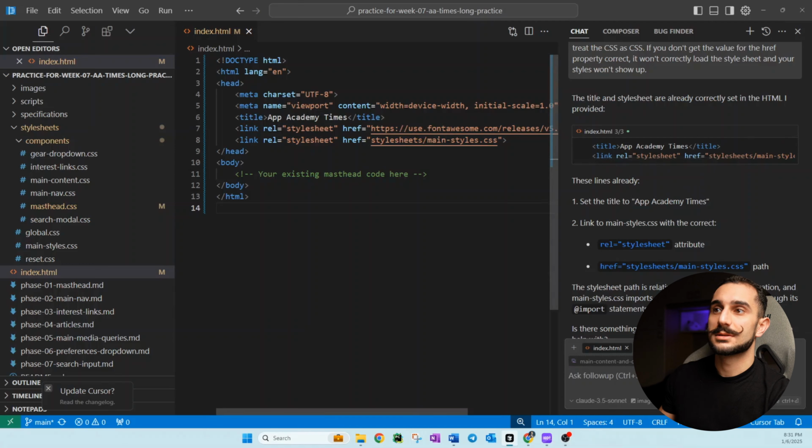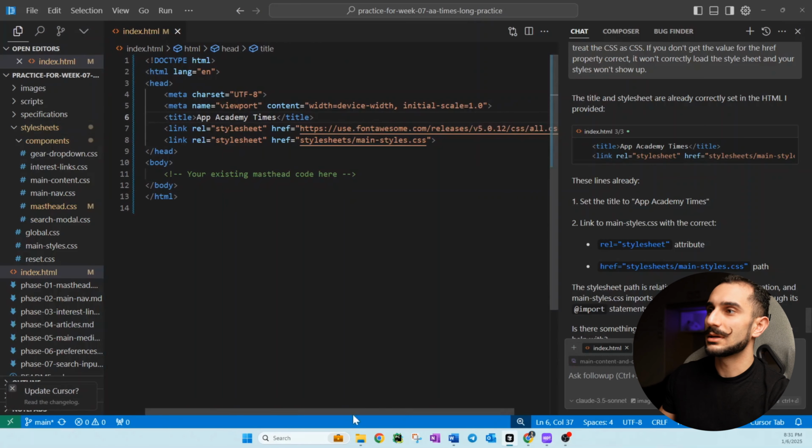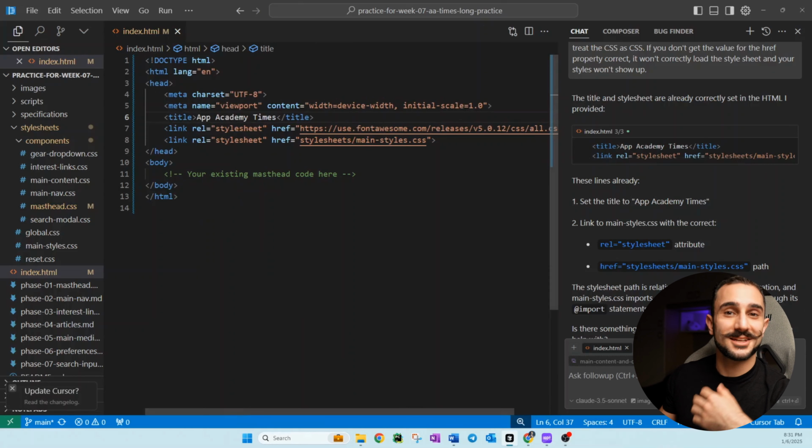And yes, the title has changed. Or was it changed? I think it actually detected it before. Yeah, so it actually didn't change. It's way smarter. It actually predicted what we wanted to do in the future.